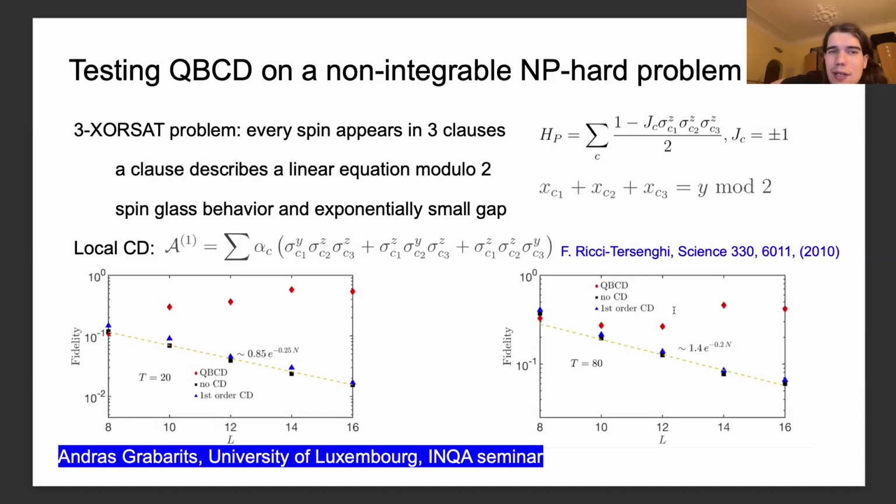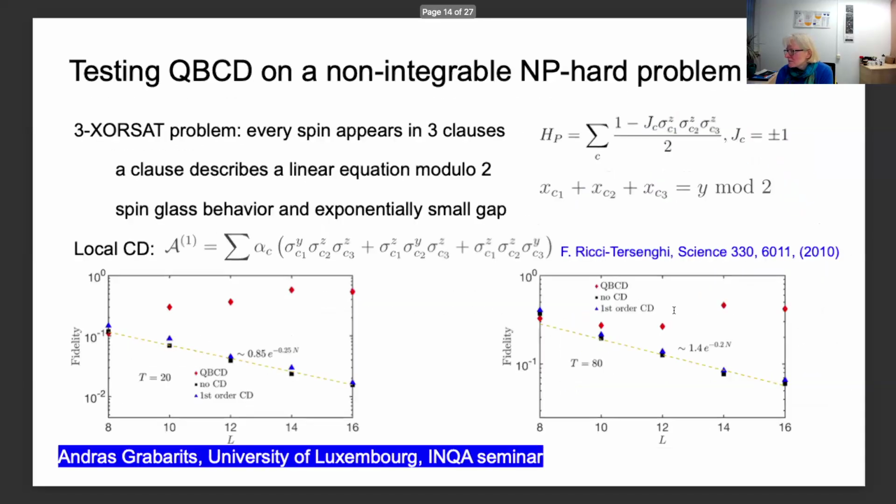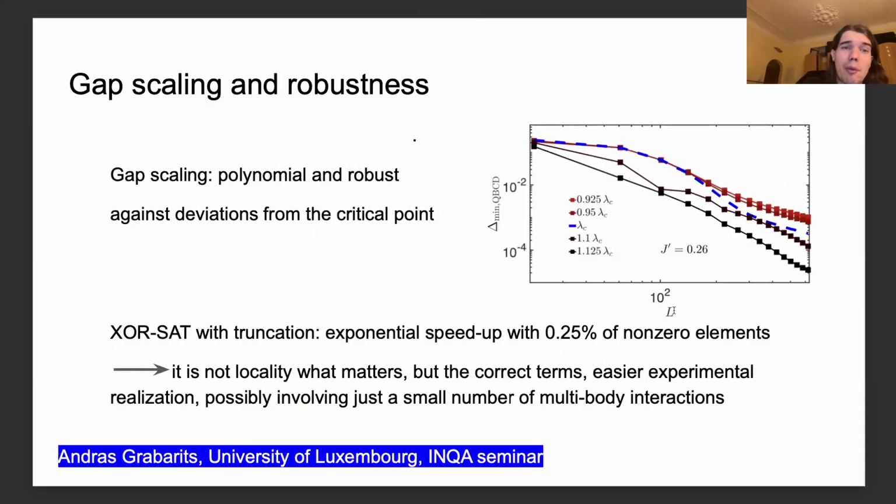Well, I was very hopeful about this because for this XOR SAT, already for a small number of spins, you can see the exponential behavior of the gap. Actually, I'm running for 18 now, but that's the end. Unfortunately, I cannot push it to 20. Sure. I would expect that it turns around. This was very strange to me, but I would expect that it will exhibit rather a polynomial decay then, based